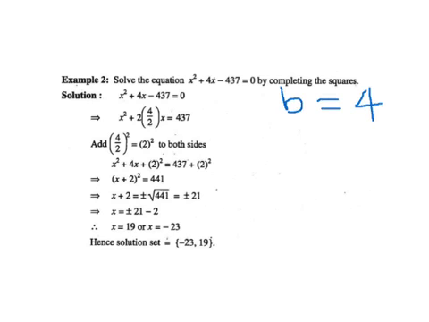To do that, we will shift 437 to the other side of the equal sign, and we will proceed to create a complete square using the value of b that we already have. To do that, we will use the property of a complete square, which can be written down as